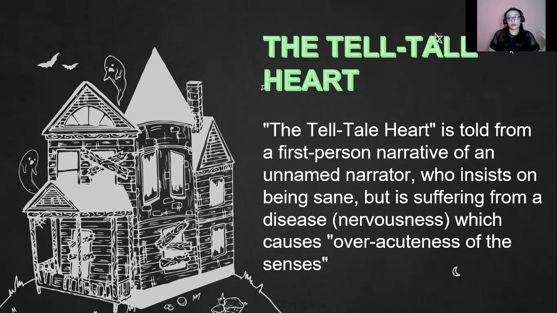It's not like he could hear, smell and taste, but he would do it at a different level than normal people would. If you could hear a scream, something you would say is high, that person would feel like his ears are exploding because of the overacuteness of his senses. Because of that, he is always nervous, always anxious, always receiving all these signals, and he suffers from that because another person who doesn't know about his condition would think he's just a very nervous person. What happens here is that